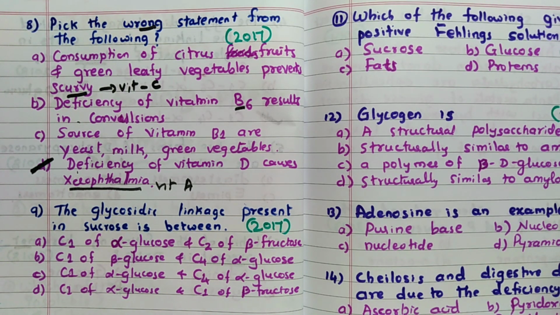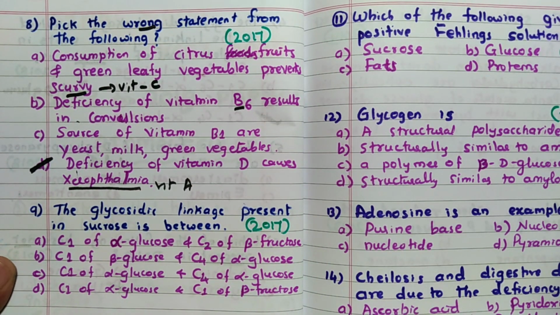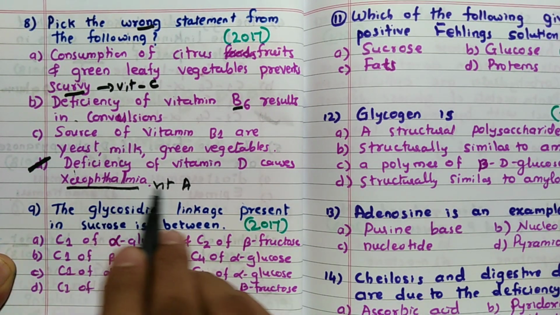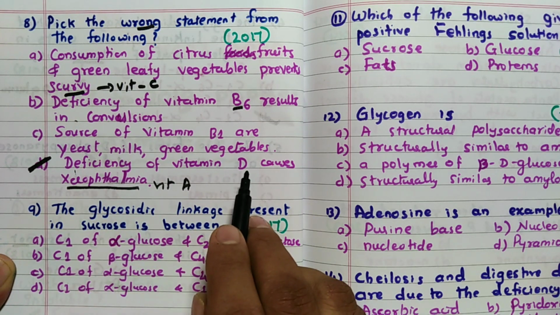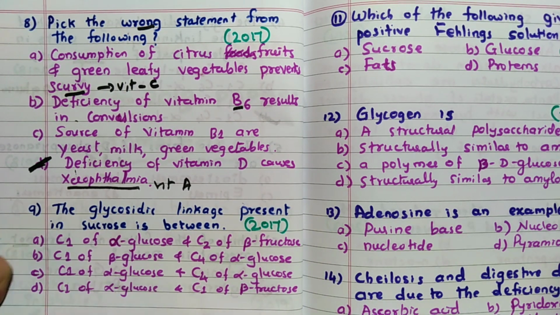So now what happens is, most of the time, whatever you have read definitely is going to help you in the exam. So if you don't know all four statements, whatever you know should be correctly known, that is vitamin A, then xerophthalmia, vitamin A, but they have given vitamin D. Vitamin D deficiency causes rickets. You know that, osteomalacia or rickets. So the answer for this is D.